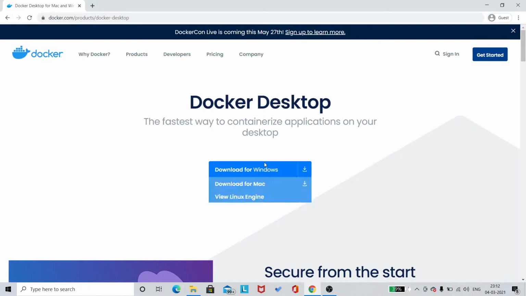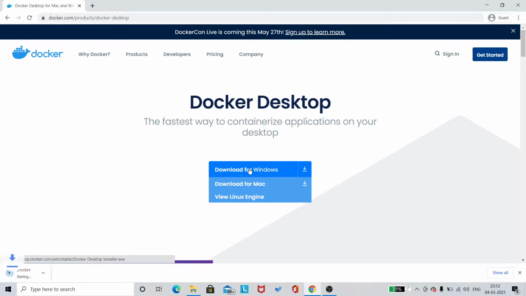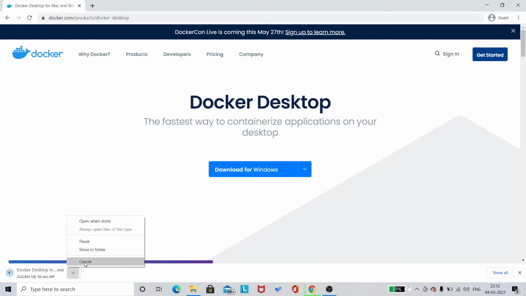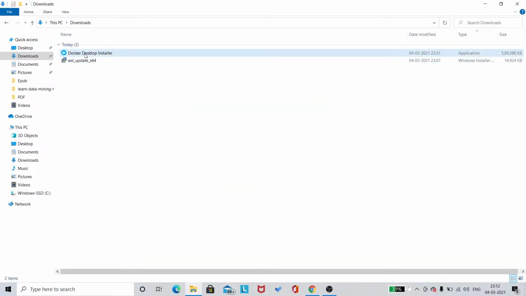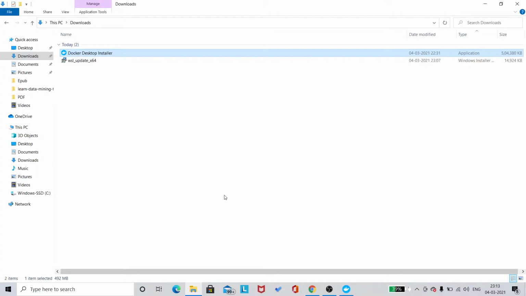As we are going to install it in Windows, we should be selecting this. Similarly, we have a version for Mac and Linux as well. I'll go ahead and click this, but I'm going to cancel this because I already have the install file downloaded. So we'll be using that. I will just go to the Docker installation file. It's a straightforward installation, but I just want to start it so that the beginners also understand the